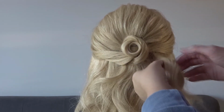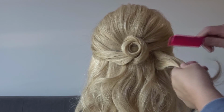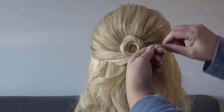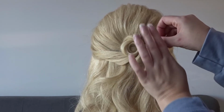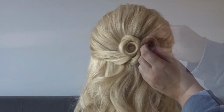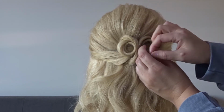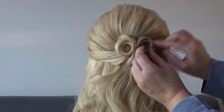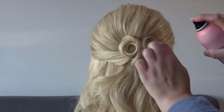And we're just going to repeat the same process again, but this time we're going to go slightly to the right hand side of the head. So take a small section, smooth it out and wrap it around your fingers. Now slip it off your fingers and push it towards the head. I've made sure mine are going in opposite directions. And add a bit of hairspray,